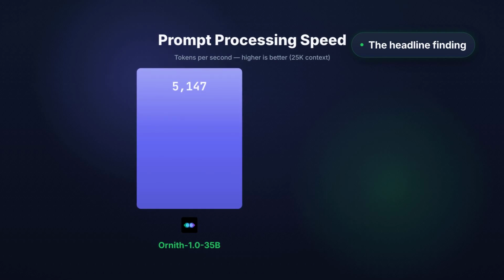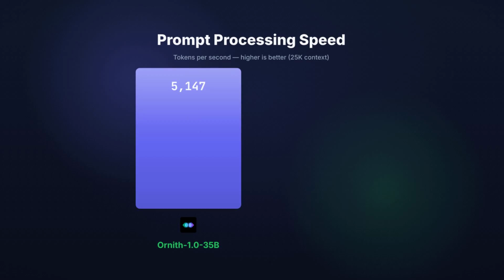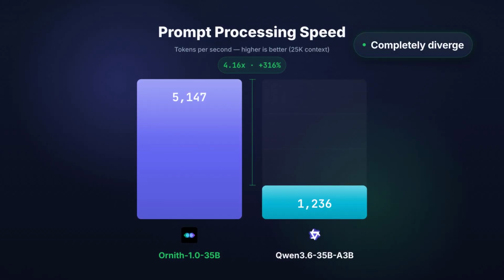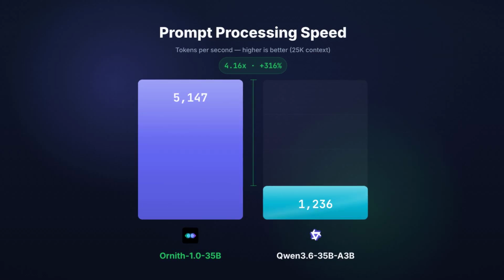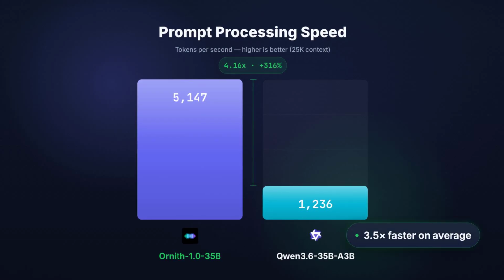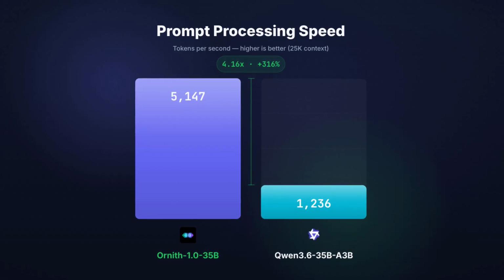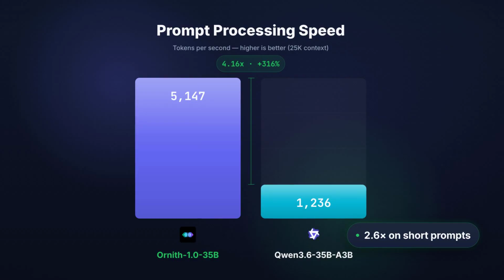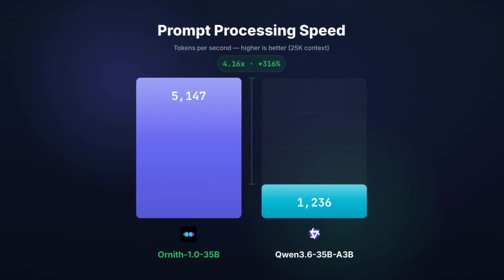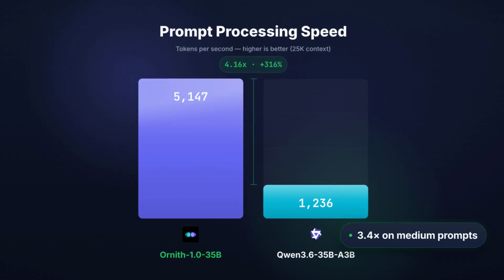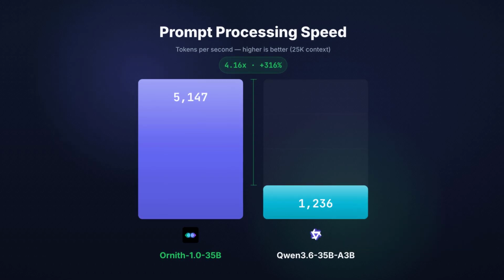Prompt processing speed, how fast the model reads and understands your input before it starts generating, is where these two models completely diverge. Ornith processes prompts 3.5 times faster than Qwen on average. On short prompts, it is about 2.6 times faster. On medium-length prompts in the 1 to 3,000 token range, it is 3.4 times faster. And on long 25,000 token contexts, it is over 4 times faster,